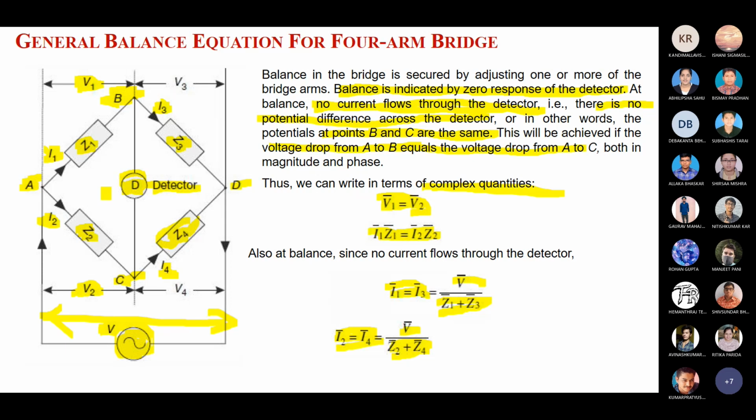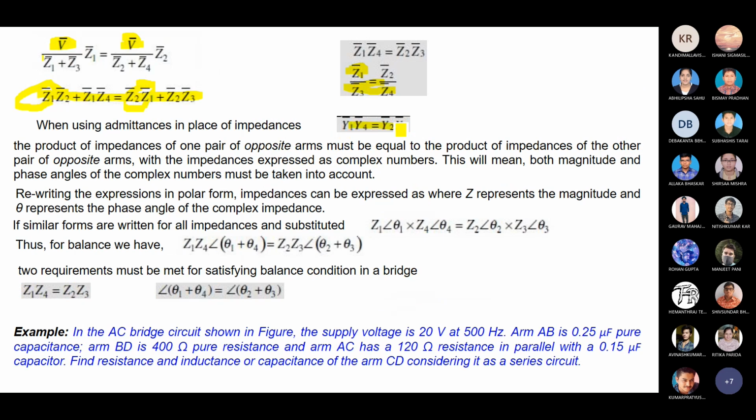You have to calculate the impedance, replace it in that equation, and calculate the exact value. You can also use the same formula for admittances in place of impedances. Similar thing will also be there. Now you know that where the bar sign is there, it means amplitude as well as angle. So you can write it in such a manner.